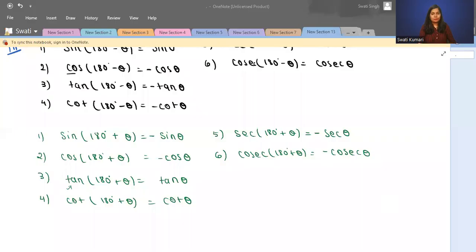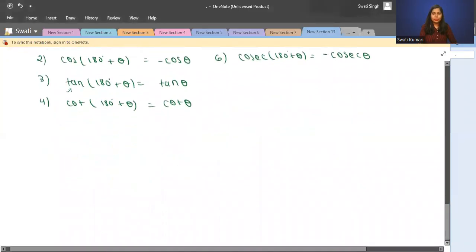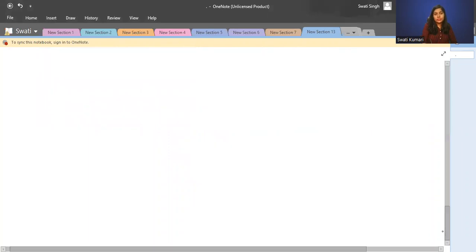So just let me know whether you have understood the formulas as well or not. It's not just about memorizing the formula every time. It's also about understanding it, okay? So in the end, I'm just going to tell you one trick, which I had studied. So I just want to share it with all of you. Okay, so the trick is